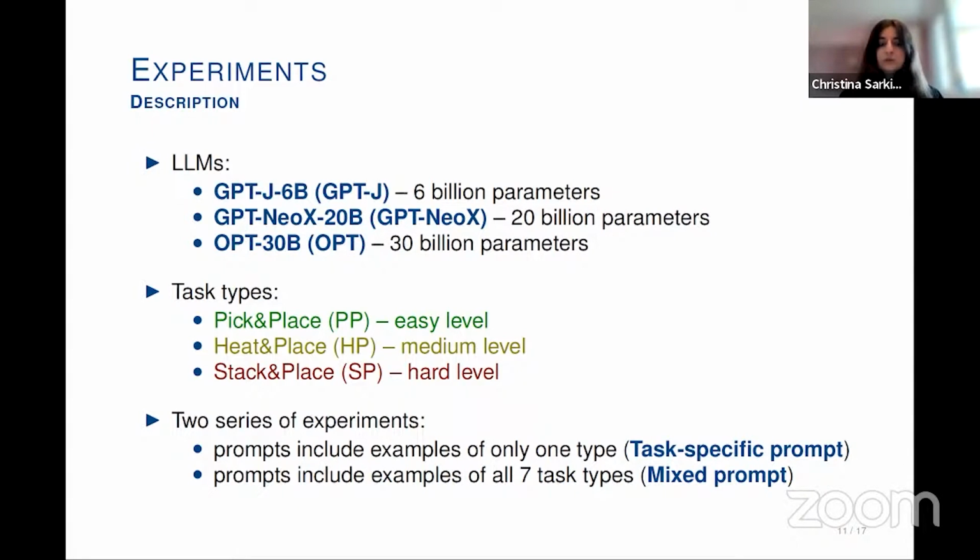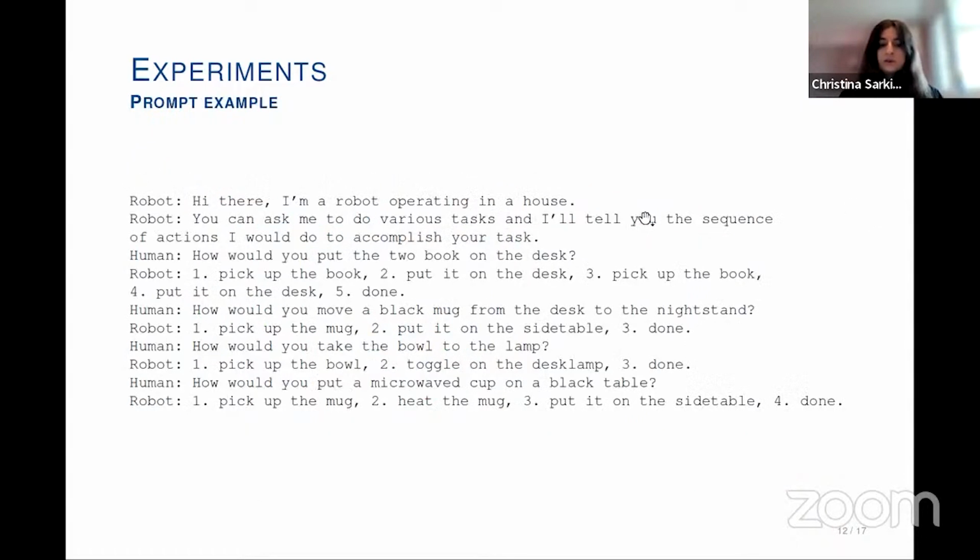We conduct 2 blocks of experiments. In the first block, we use task-specific prompts that are individually set for each task type and contain examples of only this type. While for the second block, we use mixed prompts that include examples of all 7 task types. Here is the prompt example that is made in the form of a dialogue between a human and a robot. As you can see, there is the general task description in the beginning of the prompt, followed by several examples